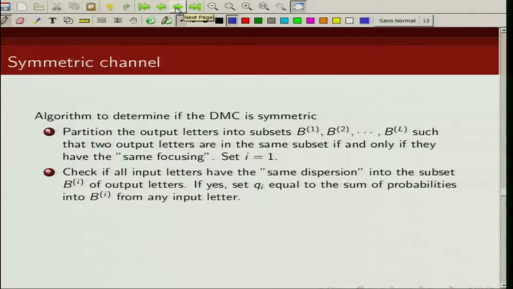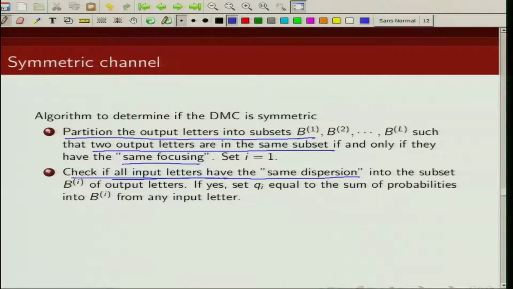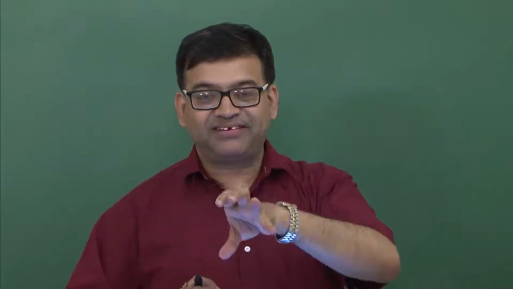So what we are saying is you partition your output letters into subsets B1, B2, up to BL such that two output letters are in the same subset if and only if they have the same focusing. Now the next thing we need to do is check if all input letters have the same dispersion into the subset Bi of output letters. So once we partition the output into L sets where within each set they have the same focusing,